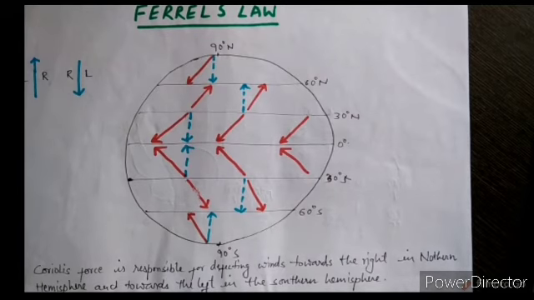The same thing is happening when the air moves: it deflects to the right, at a right angle, but a little bit it fluctuates, to the right-hand side in the northern hemisphere and the left-hand side in the southern hemisphere.